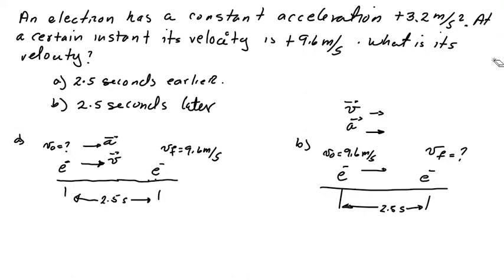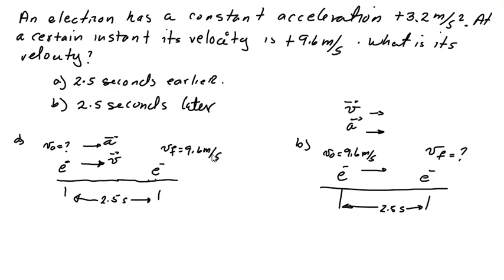An electron has a constant acceleration of positive 3.2 meters per second squared. At a certain instant, its velocity is 9.6 meters per second. So we want to find what its velocity is 2.5 seconds earlier, and 2.5 seconds later. So we have the electron at this point, and at this point, the electron has a velocity of 9.6 meters